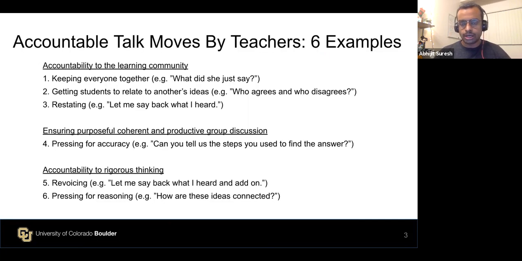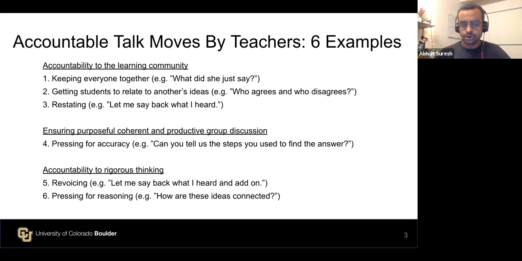Talking about classroom discourse, we draw from one popular framework called the Accountable Talk Framework. These classroom discourses are well established in education literature to support teachers in providing rich classroom environments. It's broadly classified into accountability to the learning community, ensuring purposeful, coherent, and productive group discussion, and accountability to rigorous thinking, which can be further divided into individual classroom discourses, also known as talk moves, such as pressing for